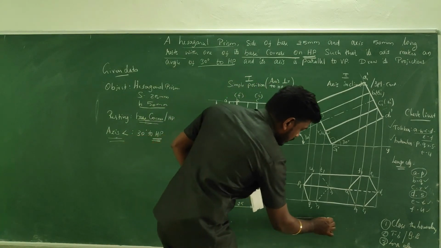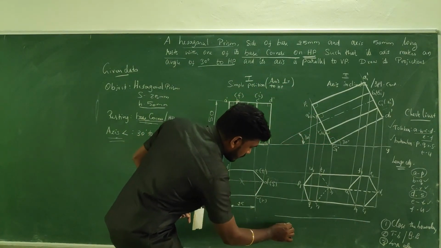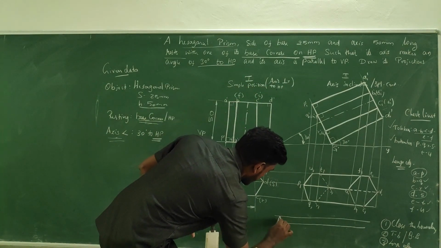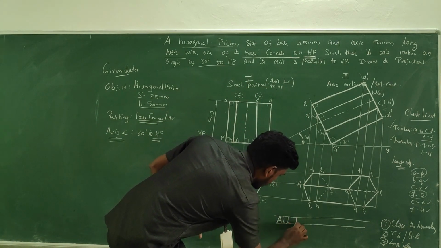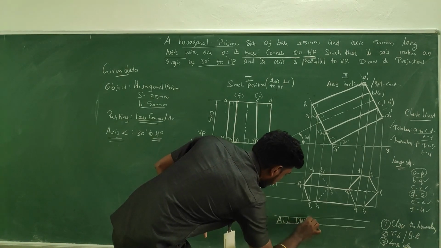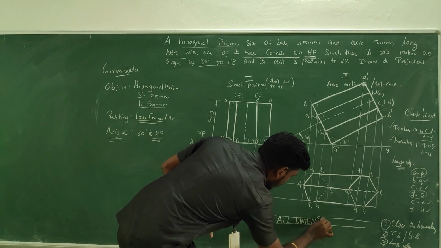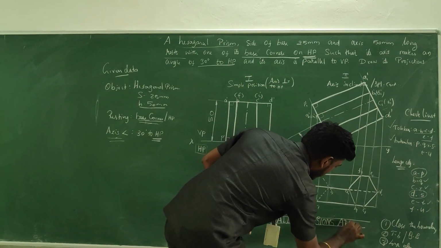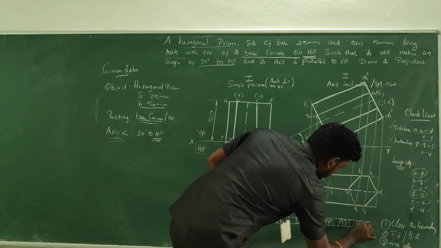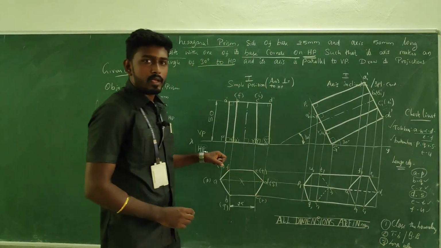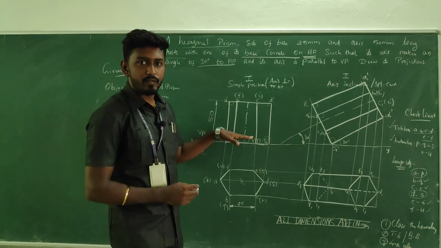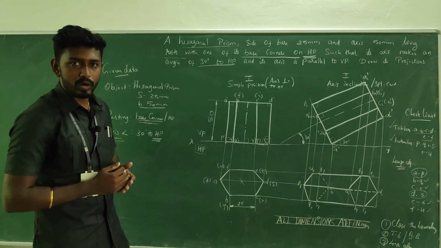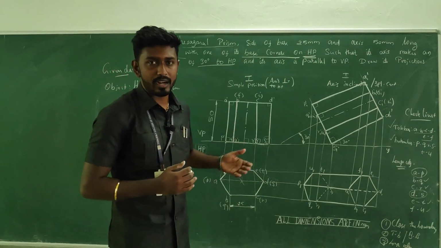Afterwards write the note about the dimensions. Here we have taken all the dimensions in mm. So you can also write about the scale. Here we didn't disturb it, as it is in the question. We have captured the things, so you can write scale 1:1. Thank you so much. I hope you understood the things.